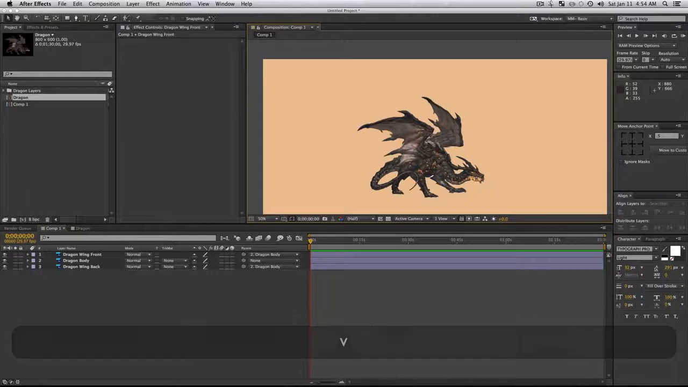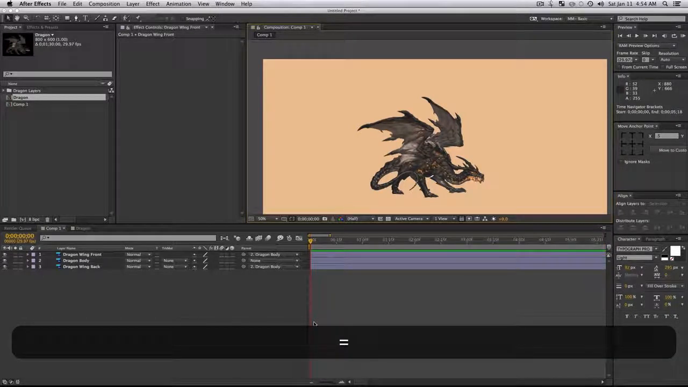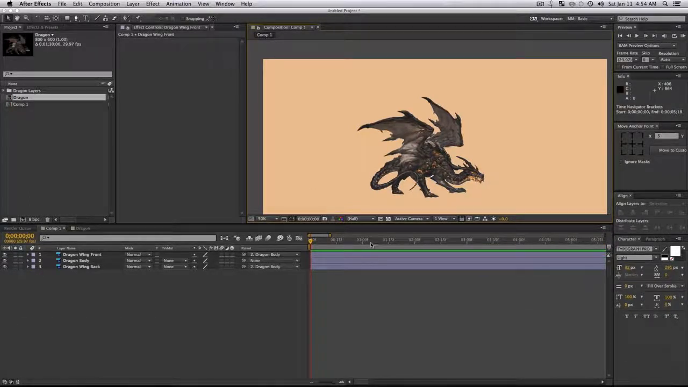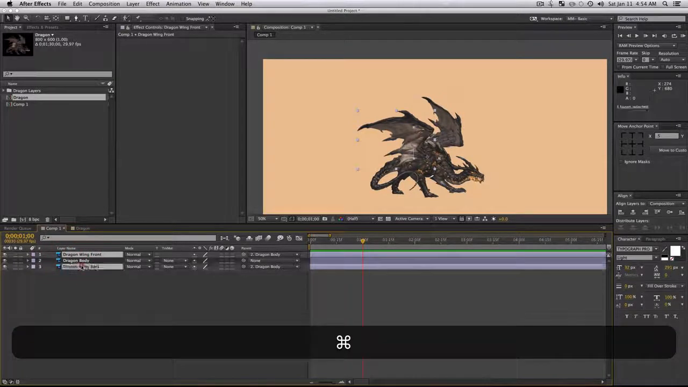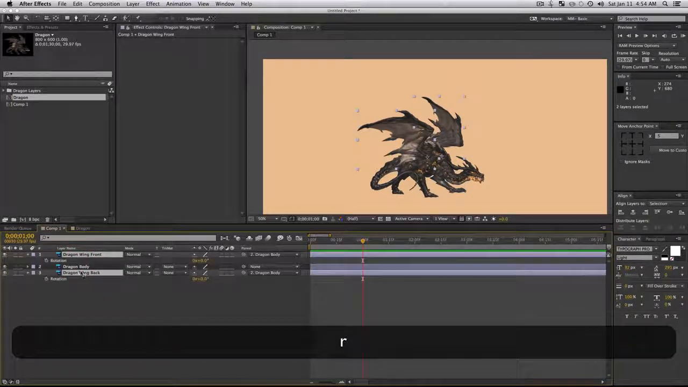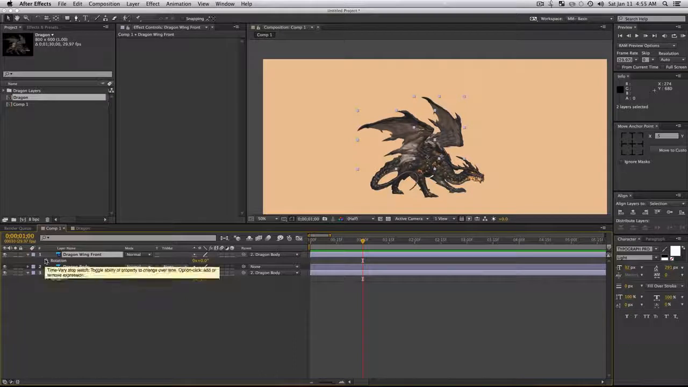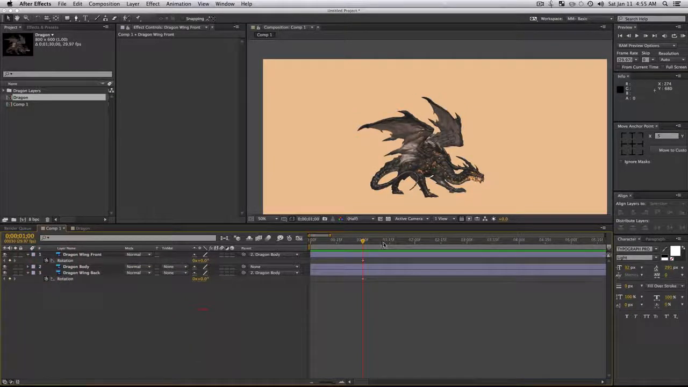Now what we're going to do is just zoom in our time, and we'll just be creating a short animation. So starting at 1 second here, what we're going to do is just grab our dragon wing front and back and press R on your keyboard to make rotation properties come up. Just set a keyframe, and we're going to go forward to maybe like 2 seconds or so,